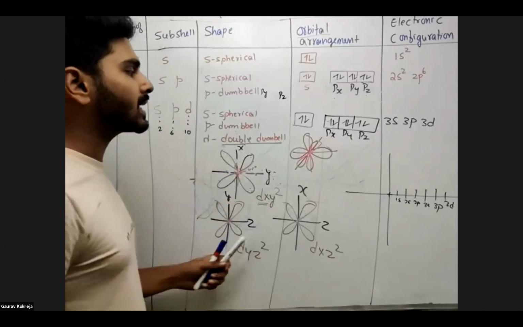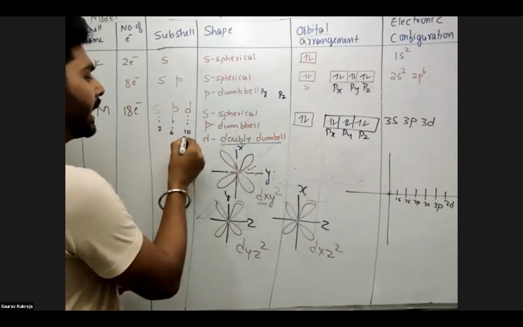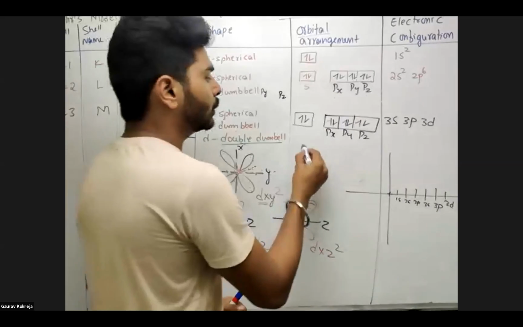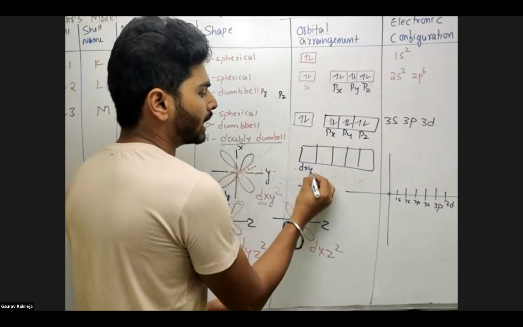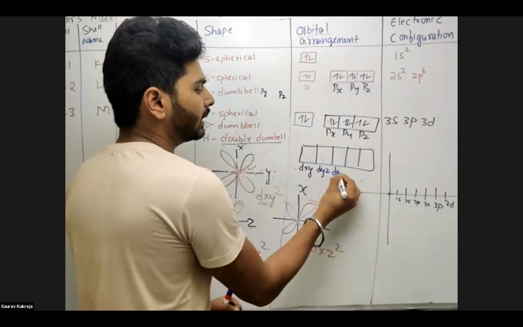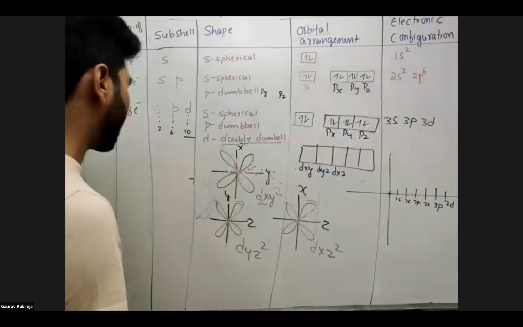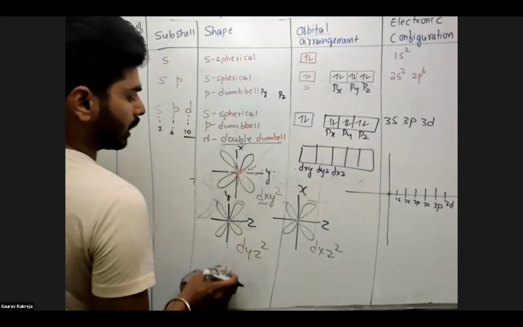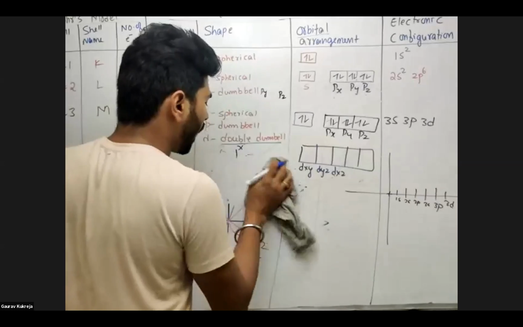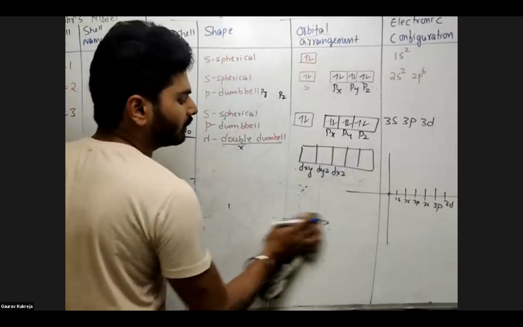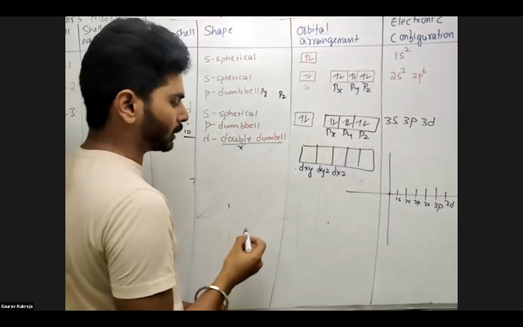So 6 electrons I have placed. So that means I now need to have, you can expect, 10 electrons. Means you will have 5 orbitals there. One orbital will be called DXY, DYZ, DXZ. So here you can expect 6 electrons. So now 2 more orbitals I need to tell you. You are understanding now there are only 3 planes. So all the 3 planes are now occupied by these 6 electrons.